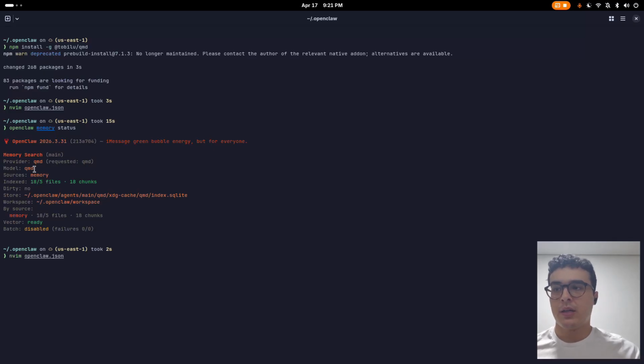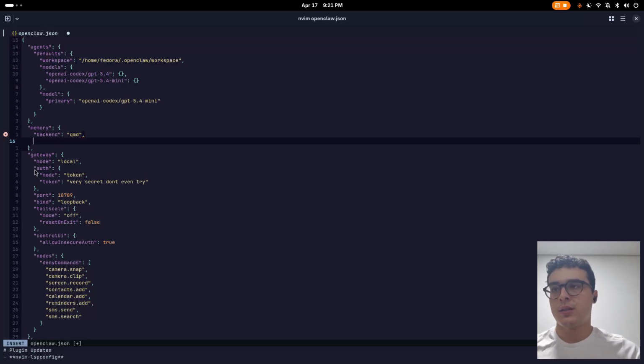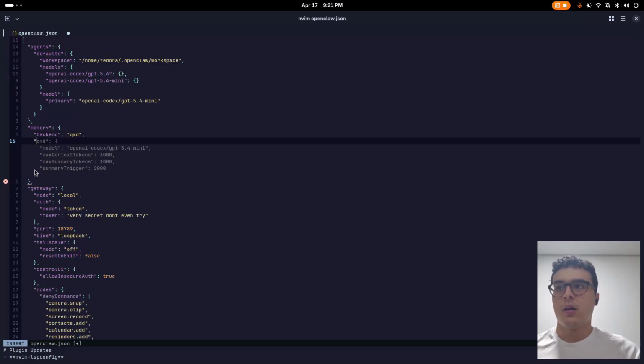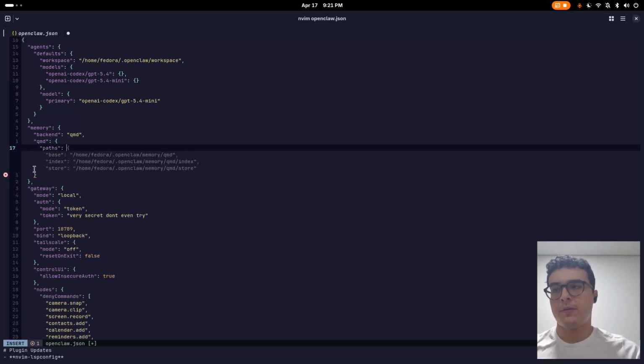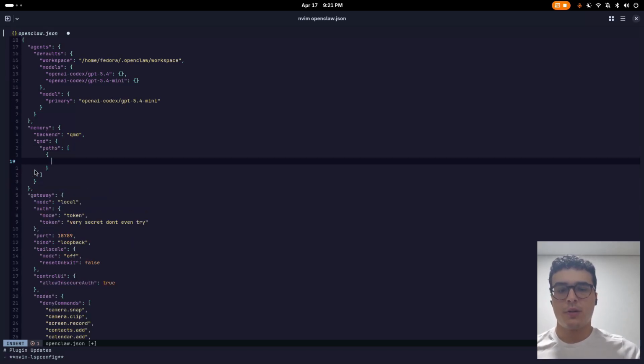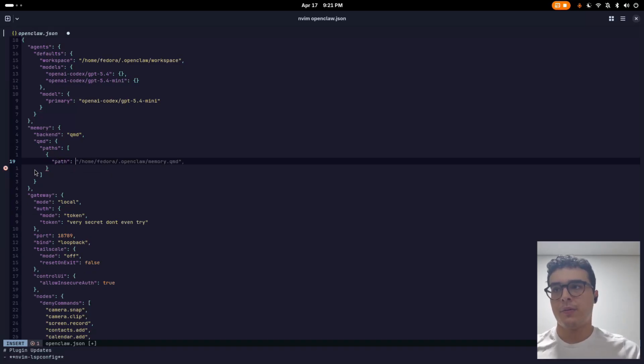One of the things that we can do with that backend is that by default OpenClaw will only index a couple of files, but here we can actually specify what sort of files we want. So we can do QMD and then do something like paths. This should be an array of path,